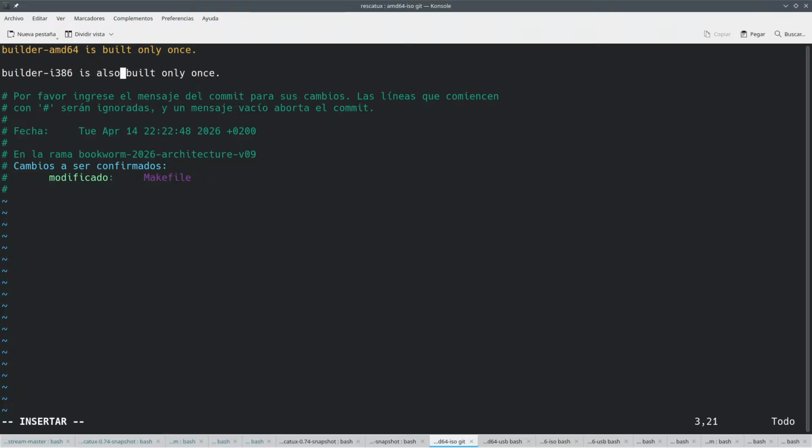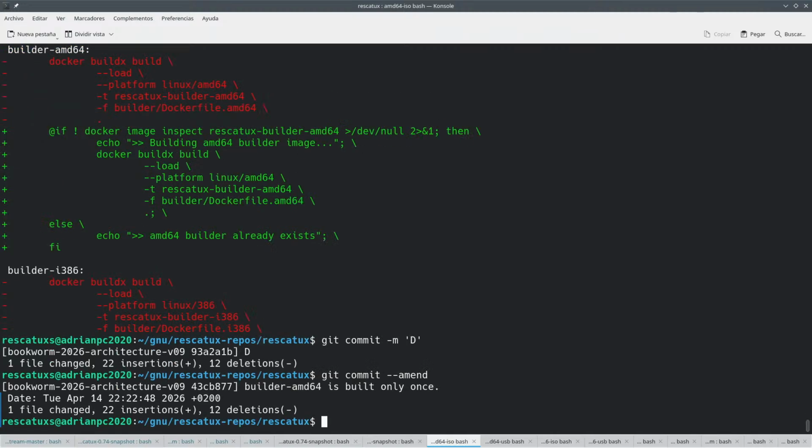And this one is also built only once. Okay, this is a nice